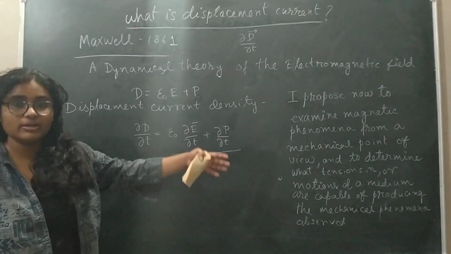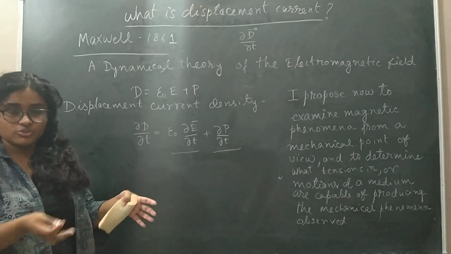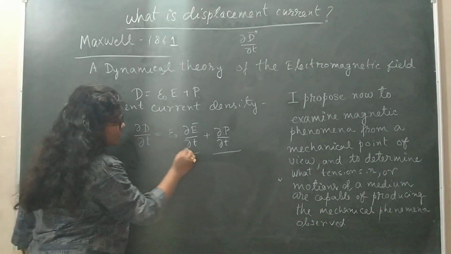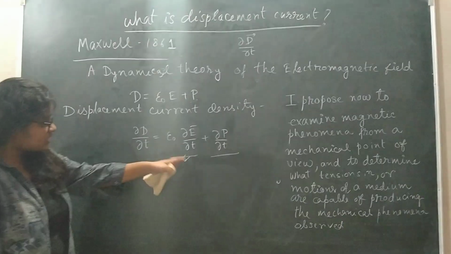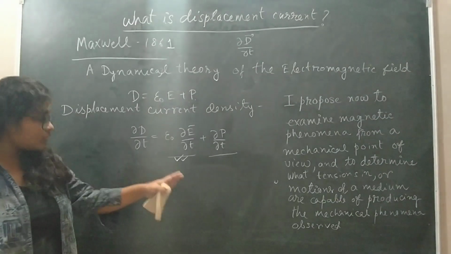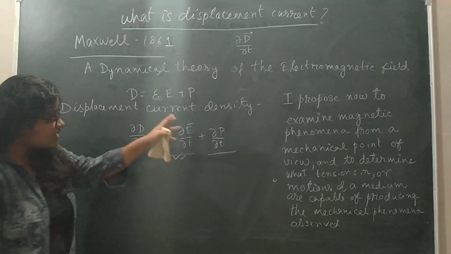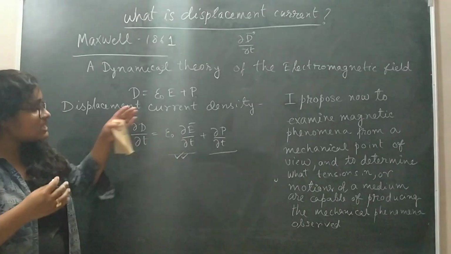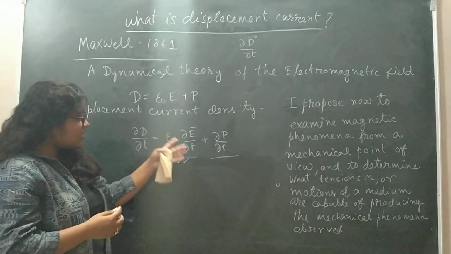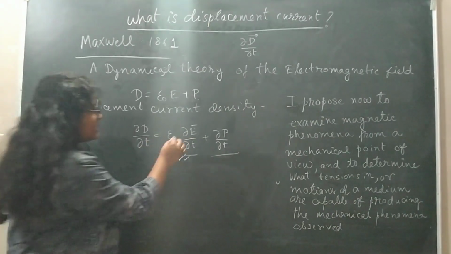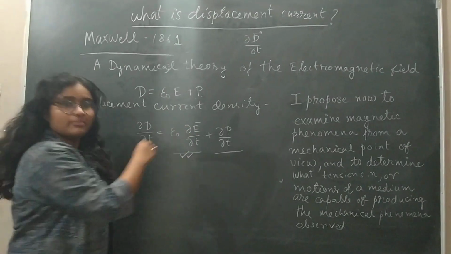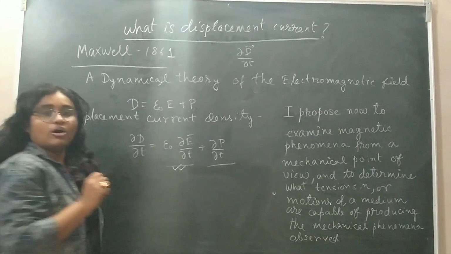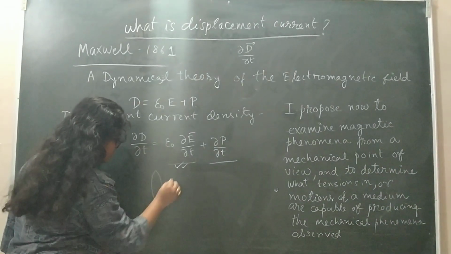In case of vacuum, there are no bound charges, so there is no oscillatory motion of bound charges. But you have to remember that the epsilon naught del E del T term is always present, whether the capacitor is filled with a dielectric or vacuum. This term is inbuilt due to the variation of the electric field caused by my applying an AC current; the electric field is already dynamic. So there must be some variation of the electric field with time.